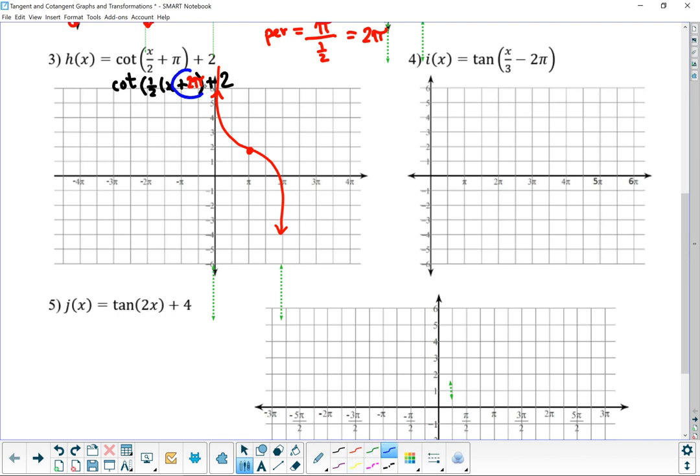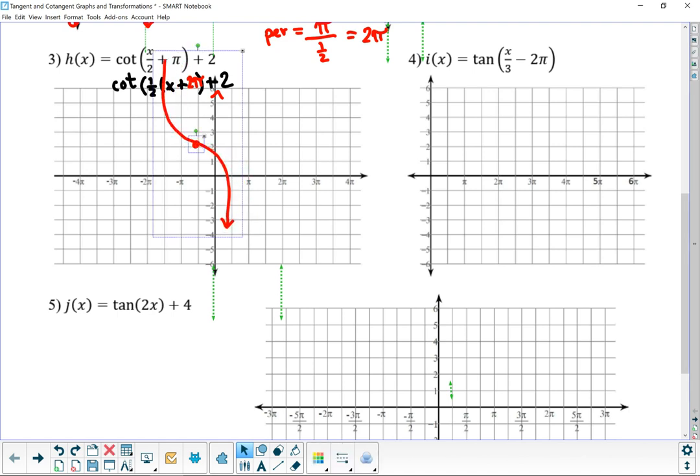Because it's plus 2 pi, I need to move it to the left because it's the opposite. So if I move this 4 blocks, which is 2 pi, so 1, 2, 3, and 4. It's a little laggy. Right? And that right there gives me